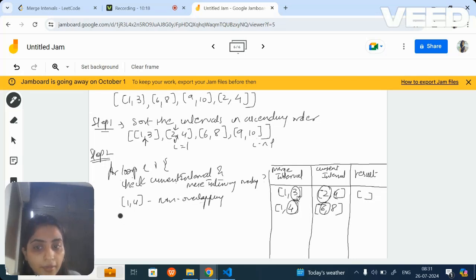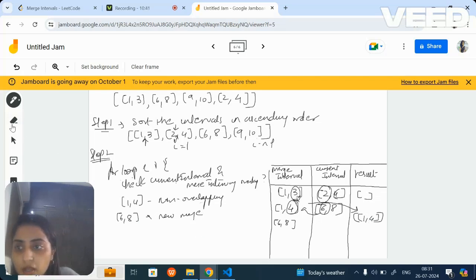And your 6 comma 8 becomes your new merge interval. That means we are passing it over here, and we are passing this over here. So now 6 comma 8 becomes the new merge interval, and 1 comma 4 gets pushed. Understood this much?